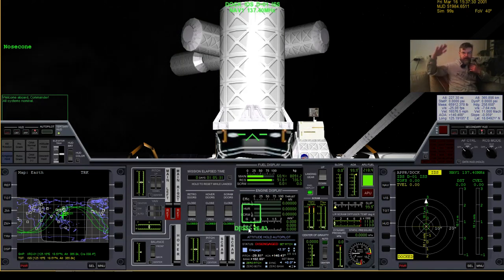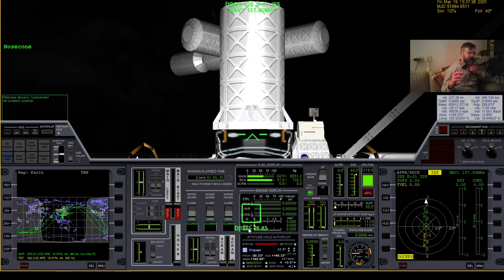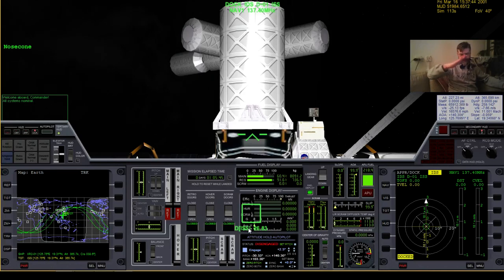When you get closer to the surface of Earth or other celestial bodies that have some kind of atmosphere, it uses the drag. If it comes in at 40 degrees, 35 degrees of pitch, it makes a drag